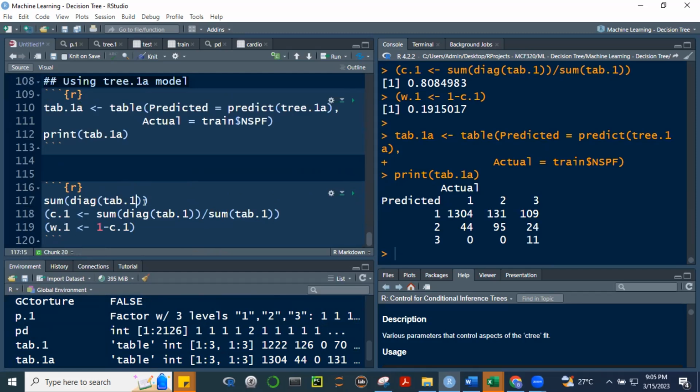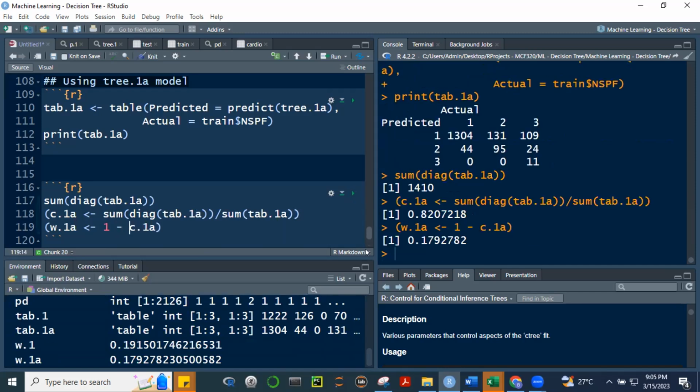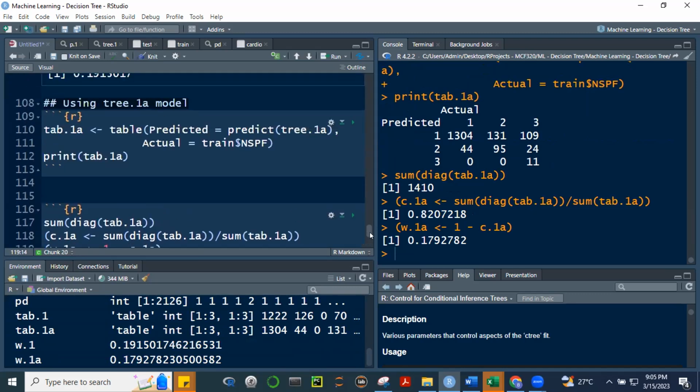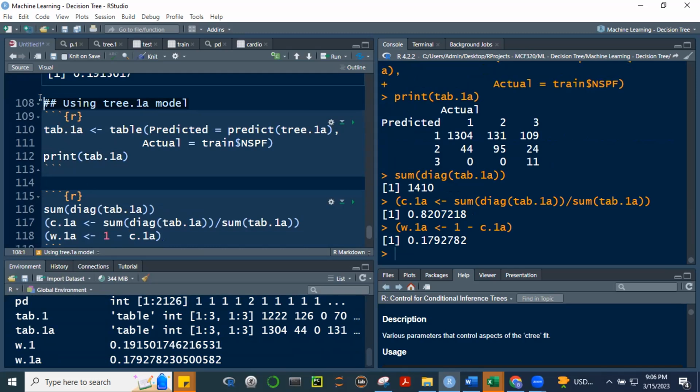So this should be 1A. And then gawin ko na lang tong C.1A. Oops. Tab 1A. Para madali nating A. Alright, so if we run this, okay, 1,410 yung tamang observations niya, no? 82% yung correct, okay? Which was expected kasi we have more terminal nodes, no? And you'll be able to guess, right, that if we use on the other hand that 3.1b, this will be the worst of all, no?